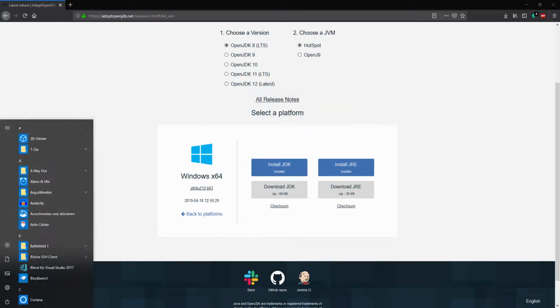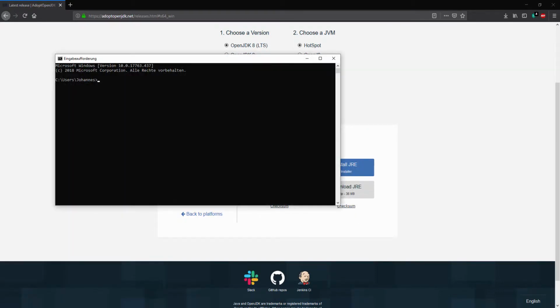Perfect. Now we can check if it's set up correctly. Type in java -version and you should see 1.8.0_212. And you should check if the Java compiler is installed too, so the JDK is working. Yes, it's because the command is registered, and you can also check if the Java home path is set up